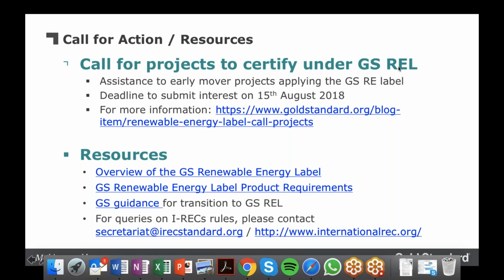Yes, thank you, Owen. In terms of grid connection, yes, the projects need to be grid connected. And in terms of eligibility of countries, I-REC has a list of the eligible countries on their website. It's a list, if I recall correctly, of around 25 countries.